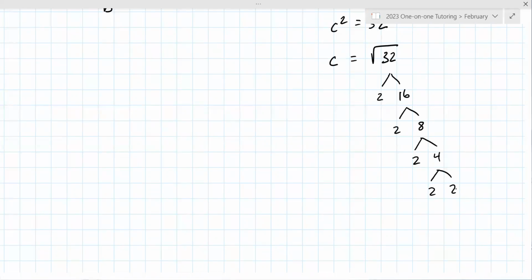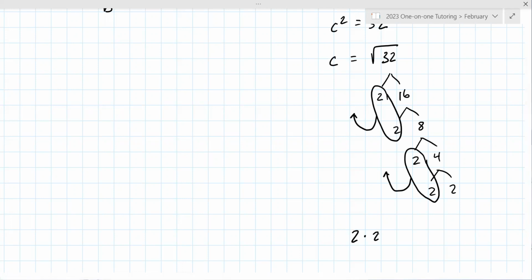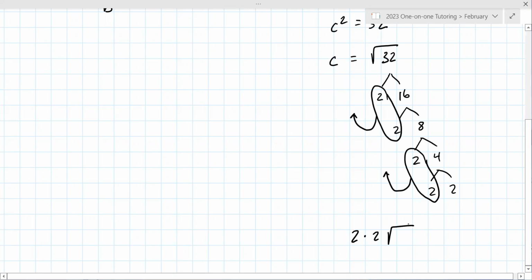That's right. Okay. Now you circle pairs. See how there's a pair of 2s and a pair of 2s? So for each pair, you're going to bring one out. So you're going to bring a 2 out and a 2 out. So you just have to take 2 times 2 times